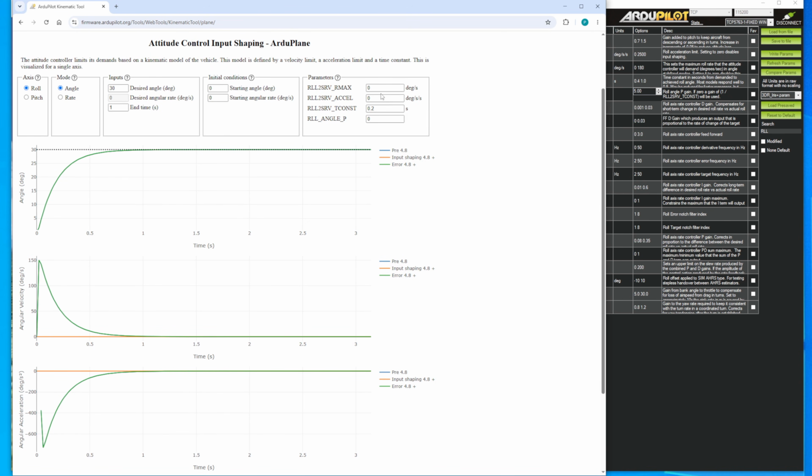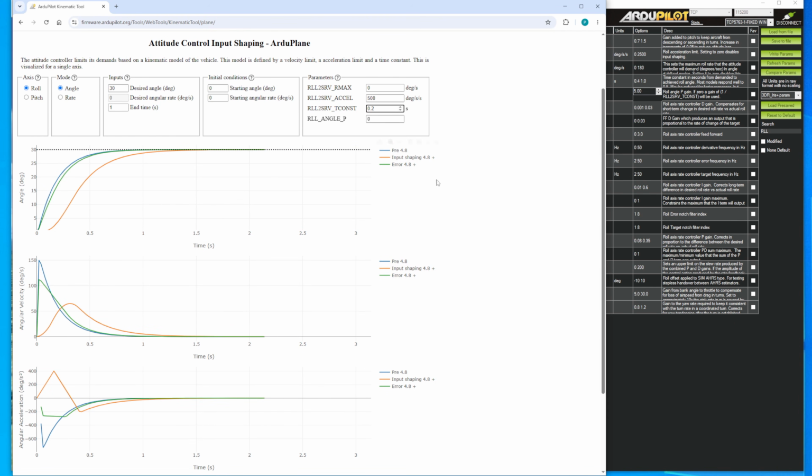I've got this set up as we had the plane to start with. So we've got no velocity limit, no acceleration limit, and the standard 0.2 time constant. So this is the old behavior. Let's put on the accel limit of 500 as we first tried. So you'll see that the